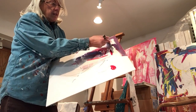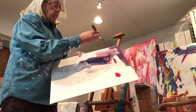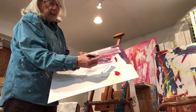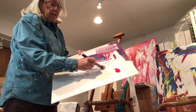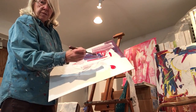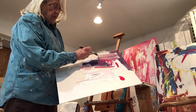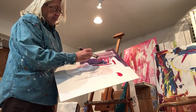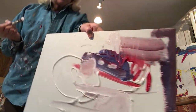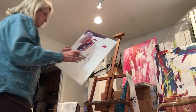Just don't be afraid to do it. And if you come up with colors you love, this is how you can get some texture in there. Mix them separately and maybe even write down the colors you've made, or make enough if you think you want to use it on a painting. So sometimes, this is just to see the richness you can get of the abstract. So at this point,